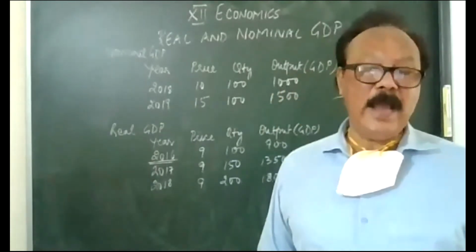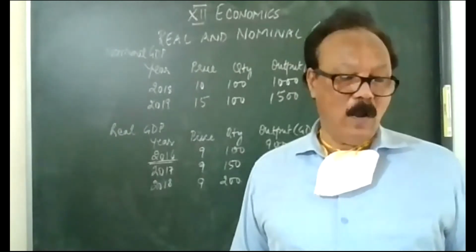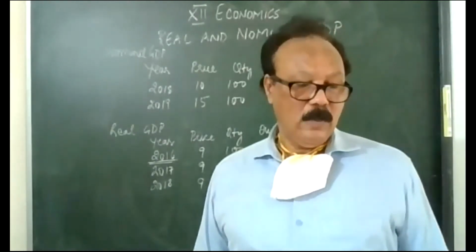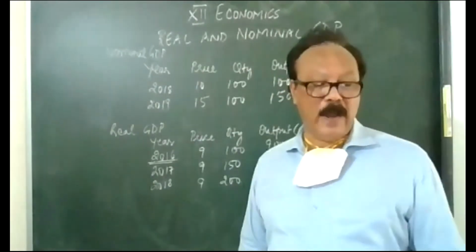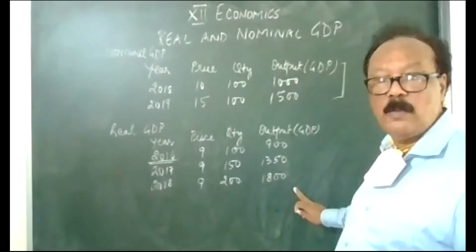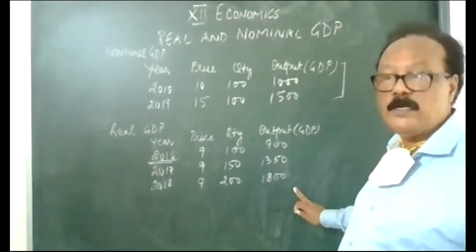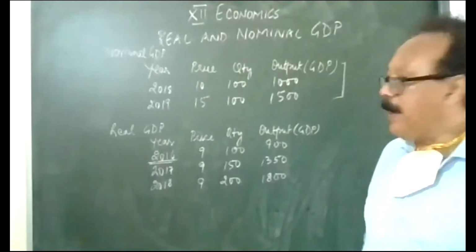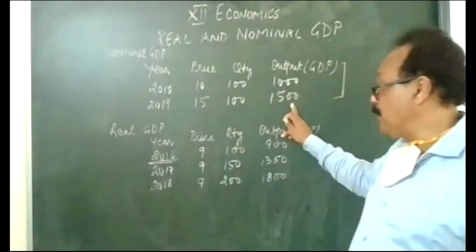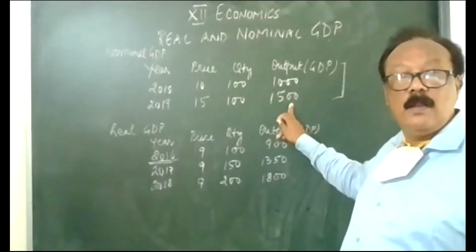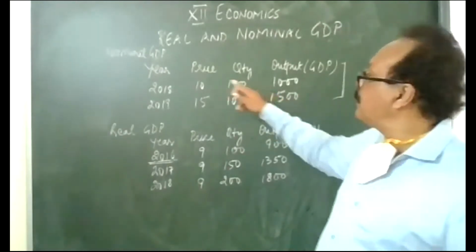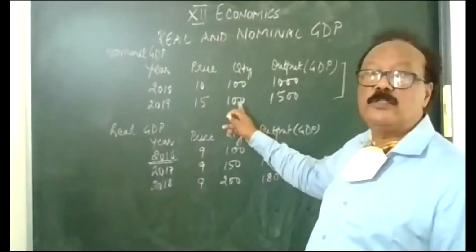It is a reliable index of economic growth and economic welfare. That is, more GDP at constant prices implies more growth. There is more growth in this economy. And we are measuring at constant prices. What is the constant price? Base year price. Now in this case we see in nominal we are obtaining it by multiplying with the current year price. Every year the price increases. Whatever quantity is produced, we are getting a GDP.